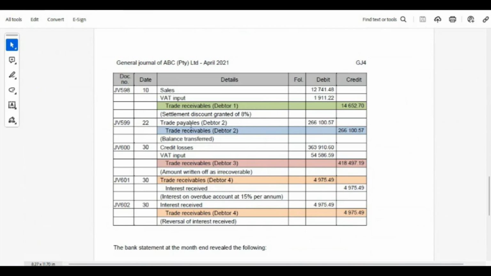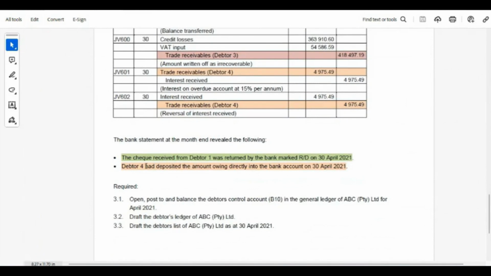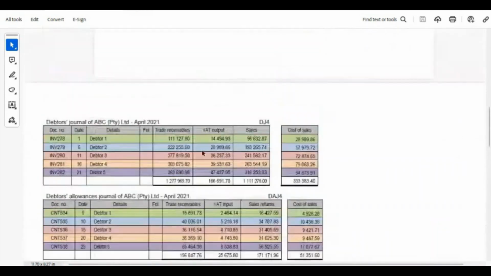And when that happens, we can use a principle called set off to take what he owes us and take what we owe him. And if the amounts are the same, we just set off the two amounts against each other. And in the additional information, there is nothing regarding debtor 2 in there. And if we look at debtor 3